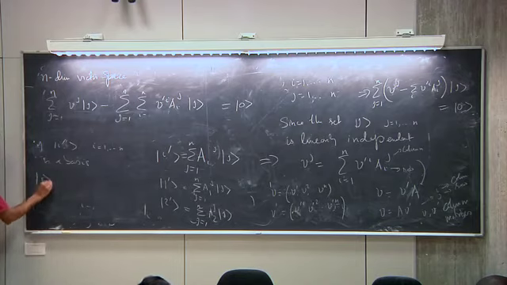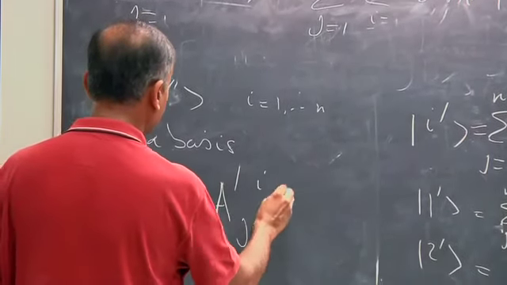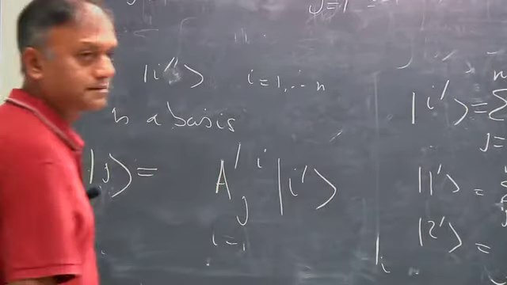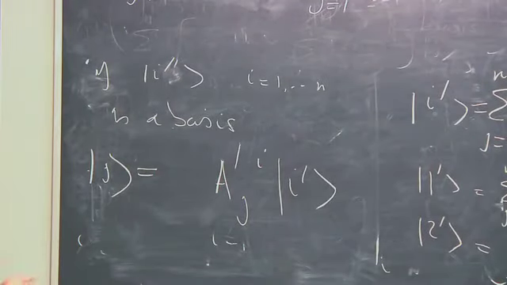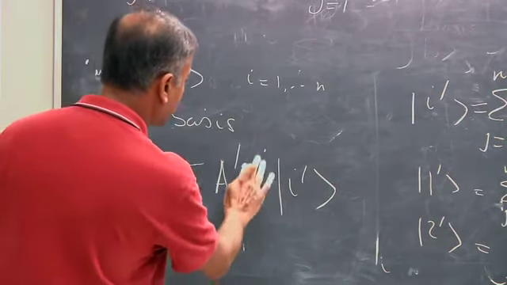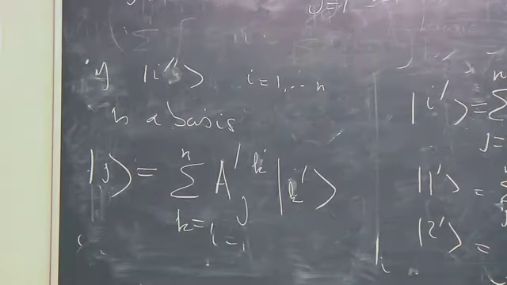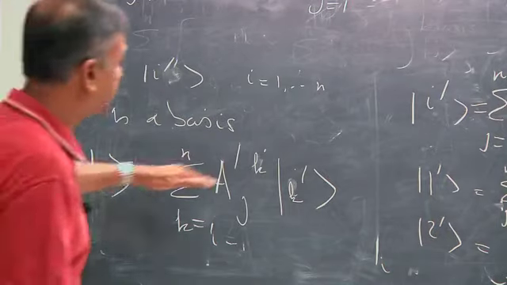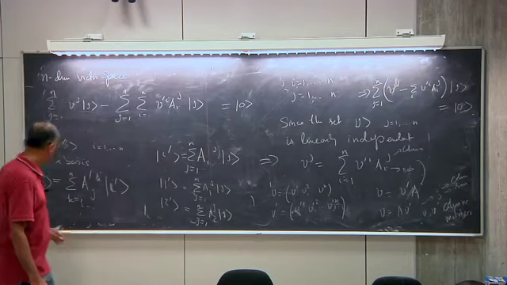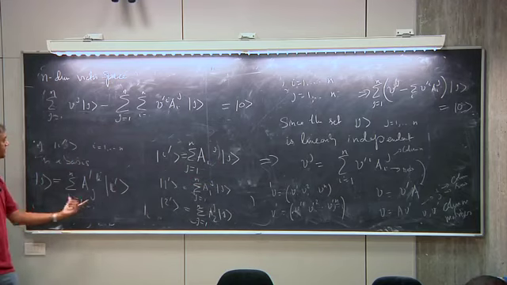I could expand the vector J as a linear combination. Let's call it A prime J I prime. Let me call the summed index K, with K equal to 1 to n. This is true simply because the I primes are a basis. Now let's plug that in here. On this side, for J, I plug in this expression for J. Then that implies